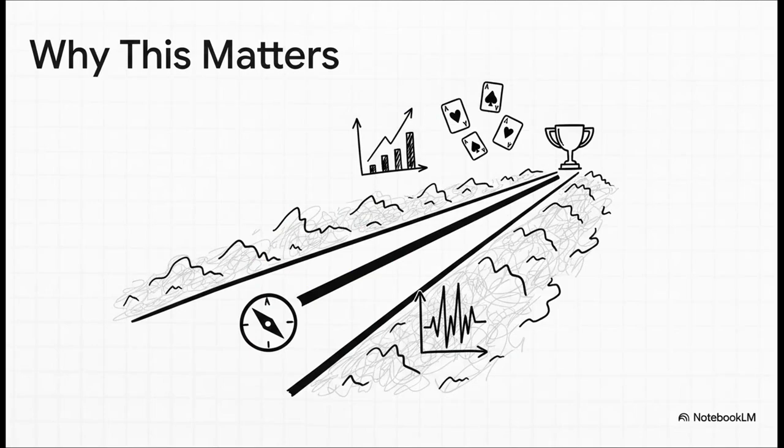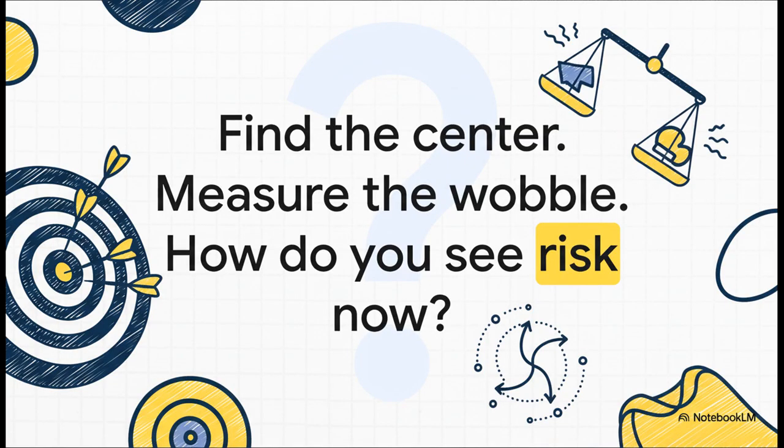So why does all this matter? Because in finance, in gambling, in any field that involves risk, you need both of these ideas. Your expected value guides your strategy. It tells you which bets are good on average. But your variance tells you how bumpy that ride is going to be. Together, they are the absolute bedrock of making intelligent decisions under uncertainty. So, the next time you face an uncertain choice, don't just ask what you expect to happen. Also ask yourself, how much could this wobble? Because understanding both might just be your own personal superpower.